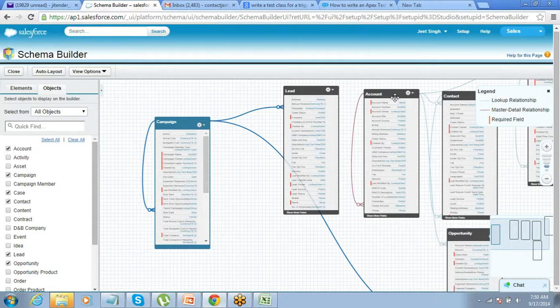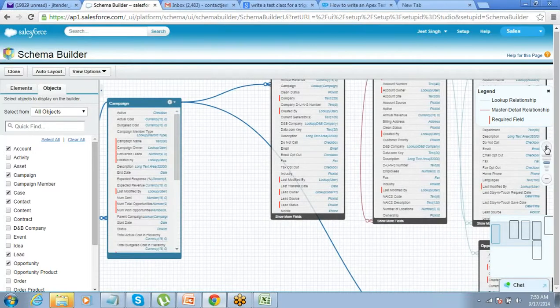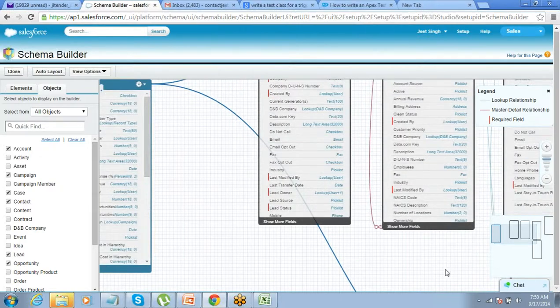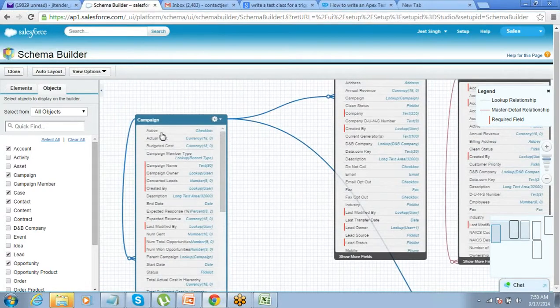Okay. Fine. So that is how this structure is. Now if you get into any of these objects, if I zoom it a little, now you can see campaigns, all the fields of the campaigns are listed. So these are all the columns and these are the data types in each of those columns.